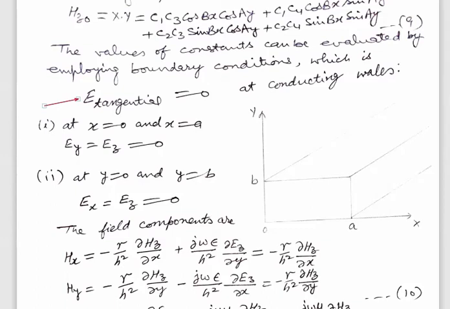So the metallic wall surfaces of the waveguide at x equal to 0 and x equal to a, so these surfaces, this surface lies at x equal to 0. Similarly, this surface, this one, this lies at x equal to a. So at this surface,